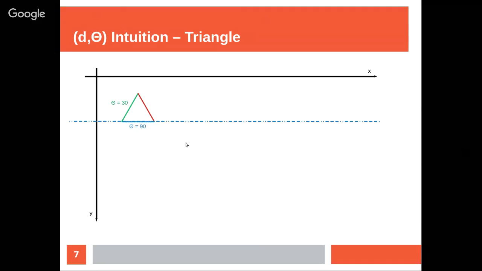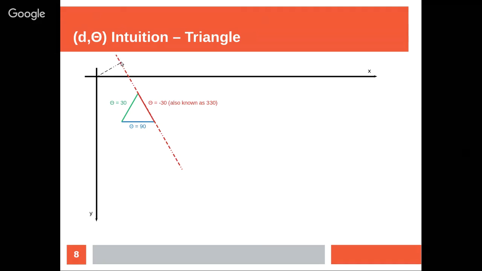So we can do something similar. Now we're looking at the bottom line, which is blue. You can imagine a little dashed line that's d here coming down. And this line has theta as 90 degrees, because this angle right here is 90 degrees. And finally, we can